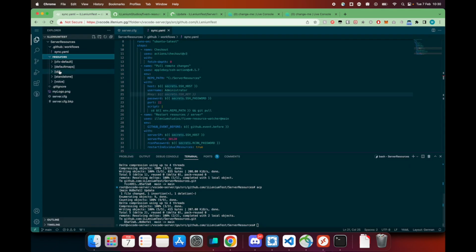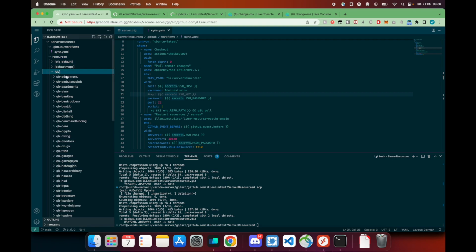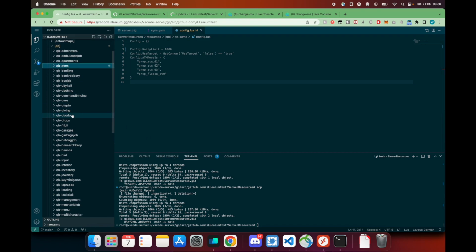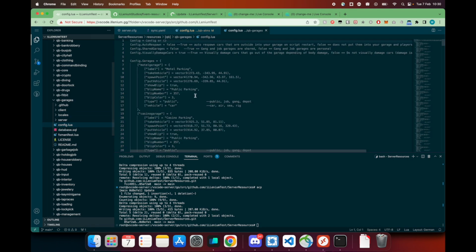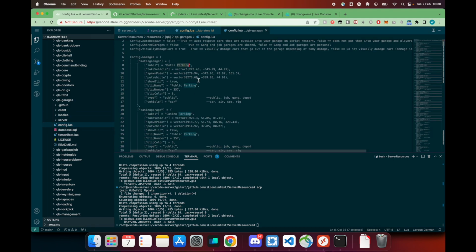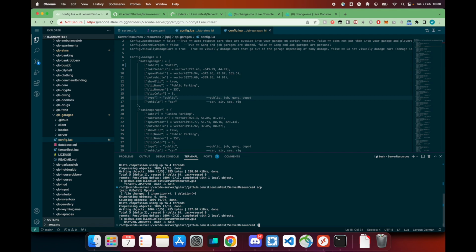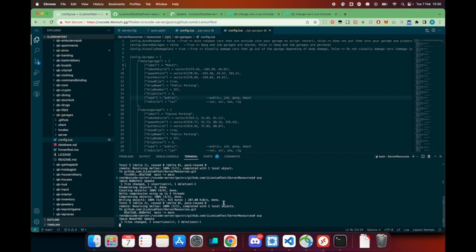Let's try it out. Let's say I wanted to make changes to QB ATMs. Let's say I change the daily limit for QB ATMs to like 1000 or something. And maybe I even want to make changes to QB garages. I change the name of this, so I just change it to motel, for example. And so I made changes to two resources. I pushed those changes